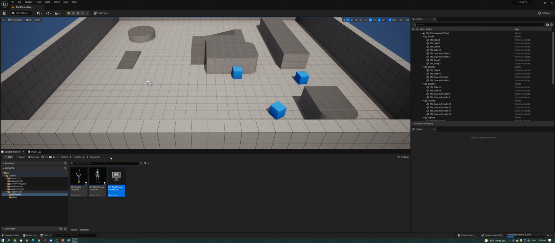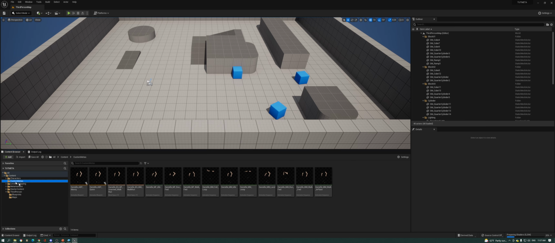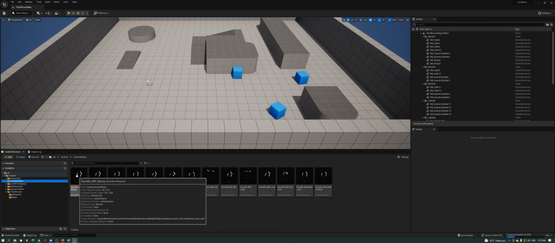We have to go back to the animation blueprint. So if we go back to where we created the initial character, that was custom metas. And down here we have Daniel ABP Manny, the animation blueprint, right? And it's the Manny we want to use. It's the root for the Quinn. So we double click on the Manny animation blueprint, open it up,